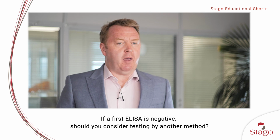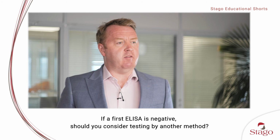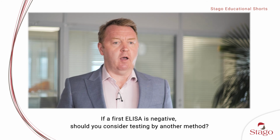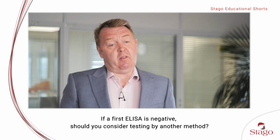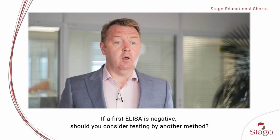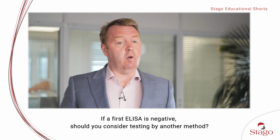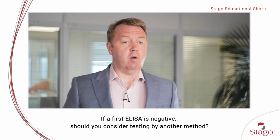So I would expect most clinical and laboratory teams to be aware of, let's say, the limitations of the assays. And if there is a strong clinical suspicion, I would suggest that you repeat the test first, check perhaps IQC and calibration, and then at that point, maybe repeat with another assay if that was available. However,